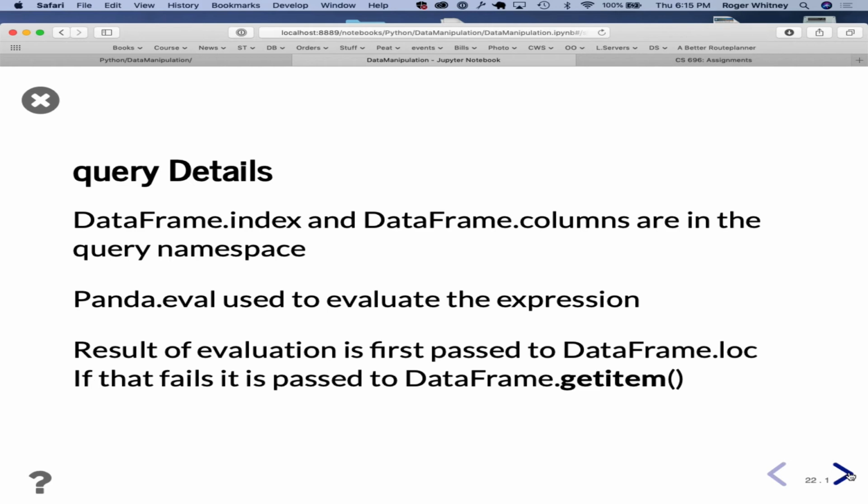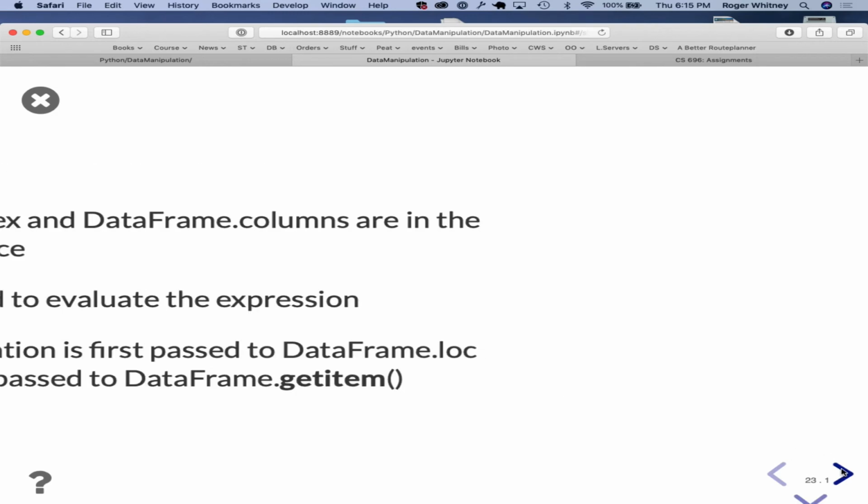Yeah, these are details on how they actually do it. The data frame query tries to access by location. If it doesn't work, then it goes to get item.